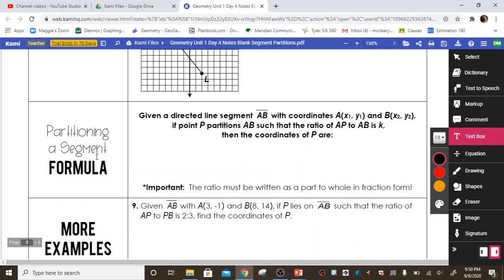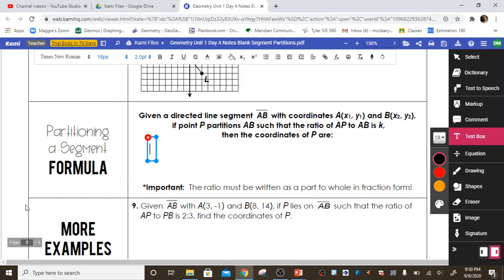We have a formula here. It's just the same thing that we're doing, only putting it in formula form. So given a directed line segment AB with coordinates of x1, y1, and x2, y2, if point P partitions AB such that the ratio of AP to AB is K, so that's our fraction that we found, like the 1/4 up there on number 6, that is going to be our K. So the coordinates of point P are going to be K times the quantity